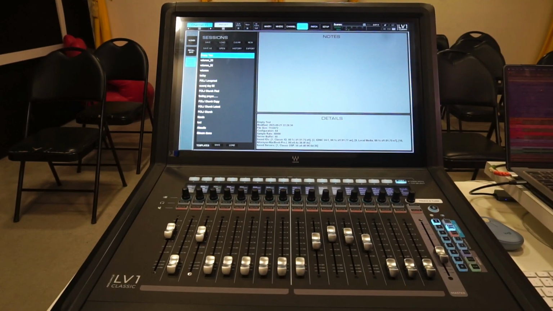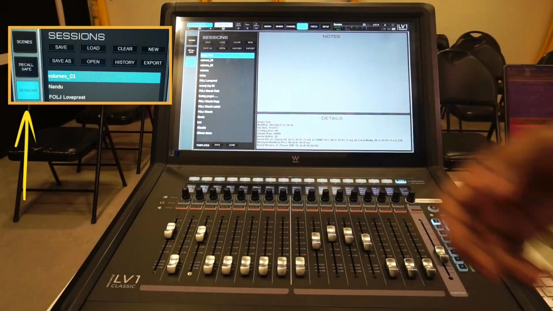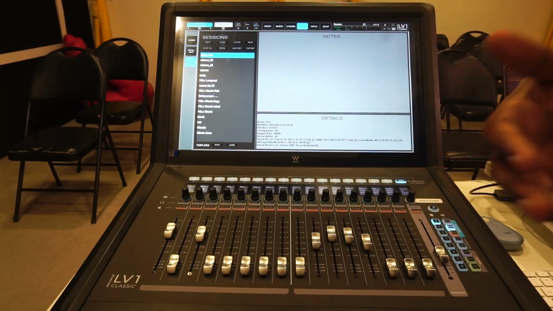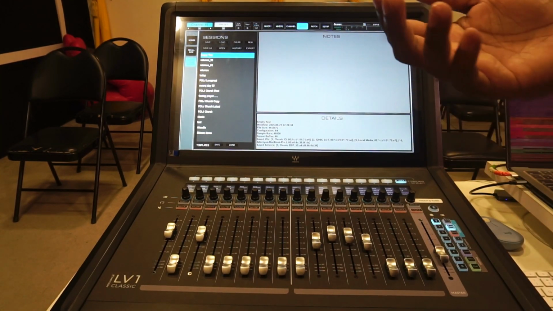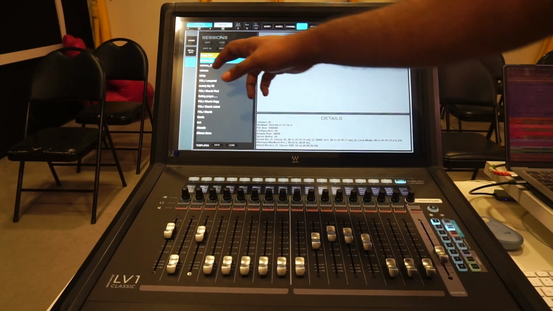So this is the show tab over here. First of all, we have our sessions over here. The sessions contain a lot of stuff. Sessions will contain a lot of scenes. So I can open up a session over here, like volumes